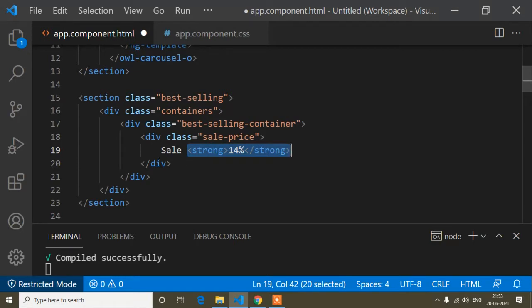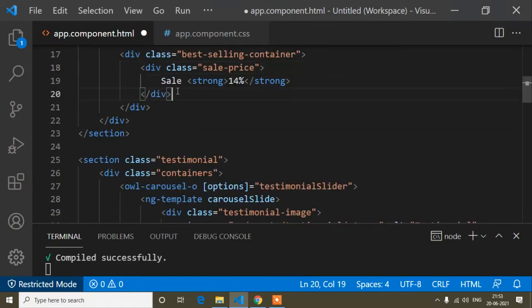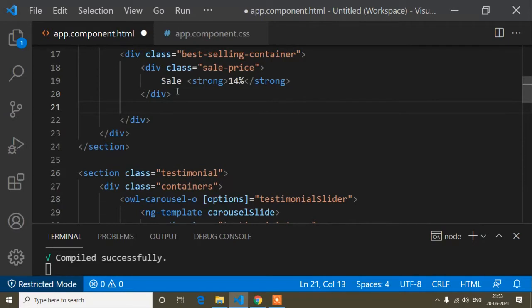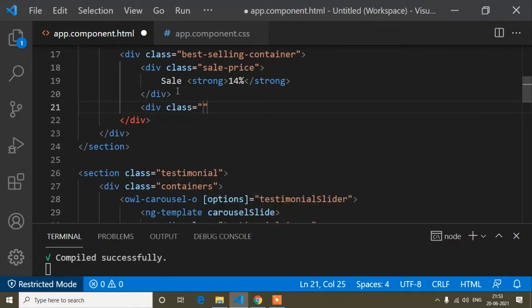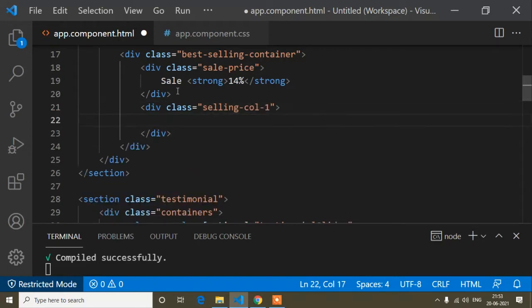Now just below this sale price, I will not use Bootstrap row and column here. I will divide the column manually with manual CSS. So here I will write selling-col-one; this is just manual CSS I will write.